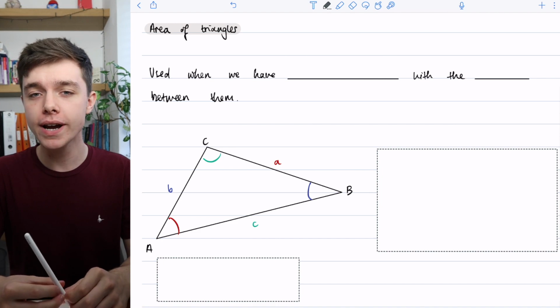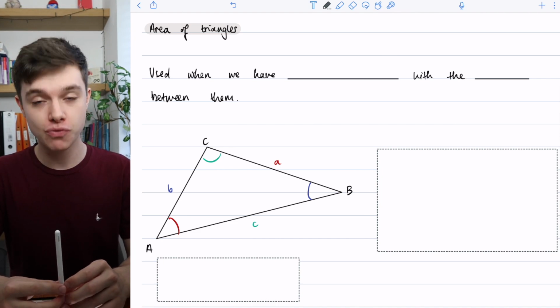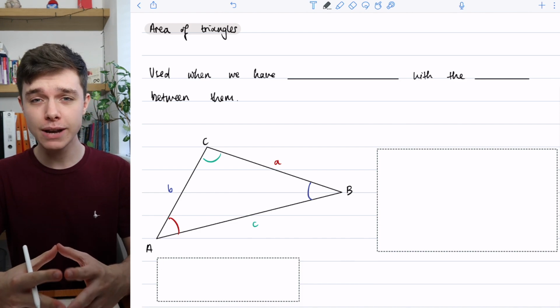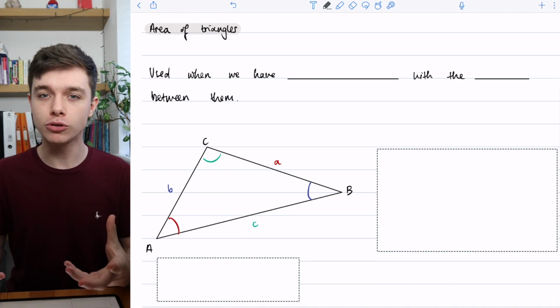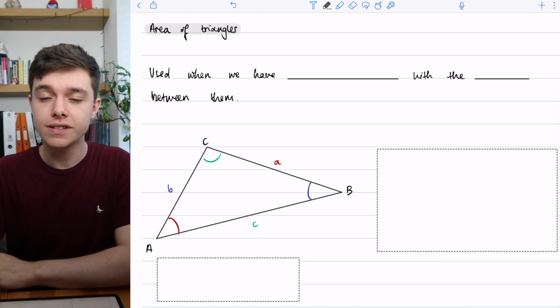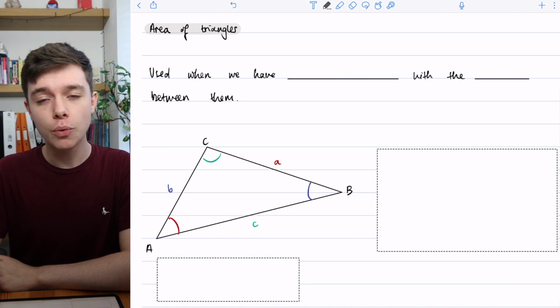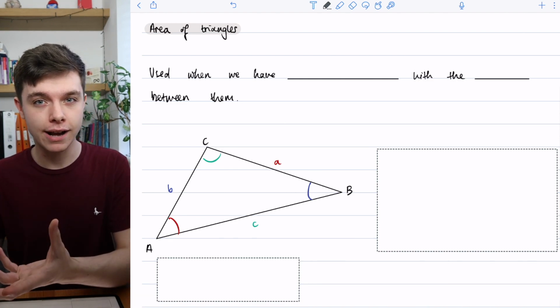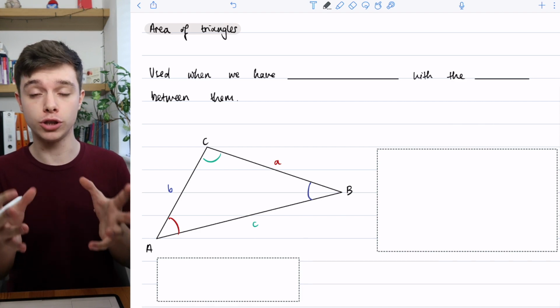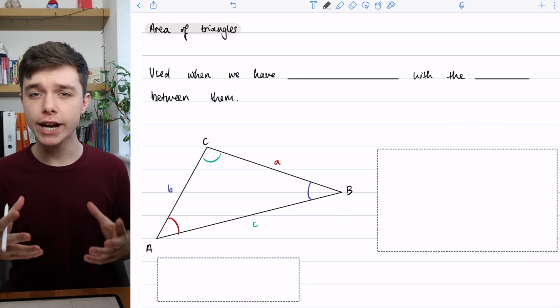In this video we're going to have a look at areas of triangles. Hopefully this lesson won't be too difficult because really we're not introducing too much new maths to you. You might have actually seen this formula before at GCSE. Now hopefully you can work out the area of a right angled triangle already. And actually, not just a right angled triangle, you should be able to work out areas of triangles where you